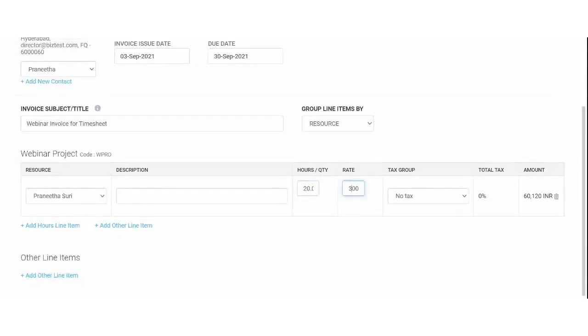So this rate is nothing but, while we created the client, we selected certain billing roles and the rate per hour. This is that. If you want to go by billing role, these are the roles we have created. So we have a developer and UX designer under this client. So the developer has worked.